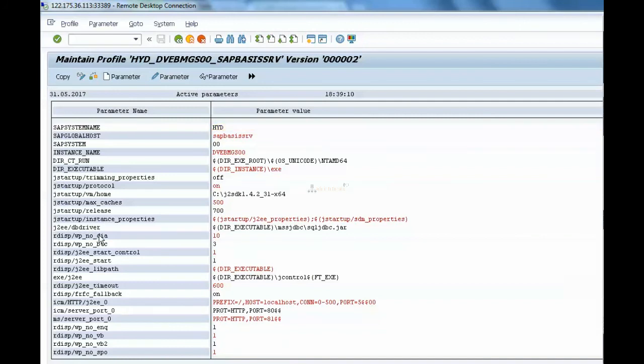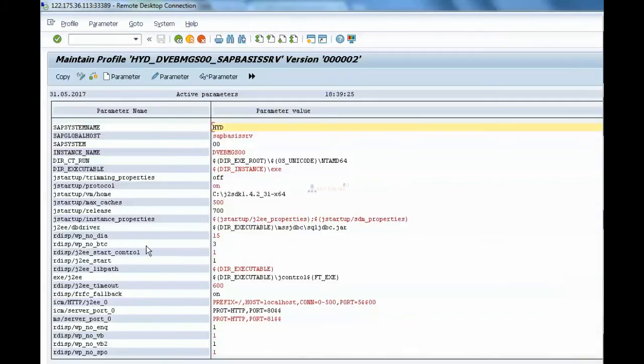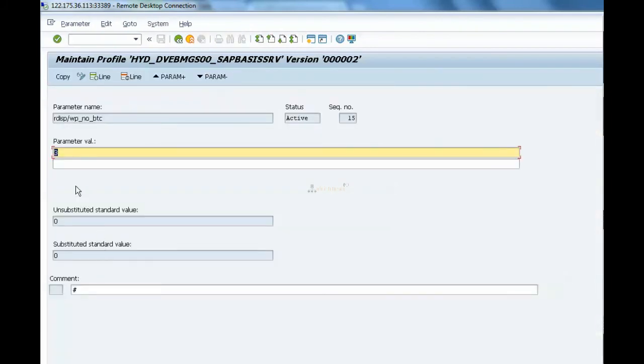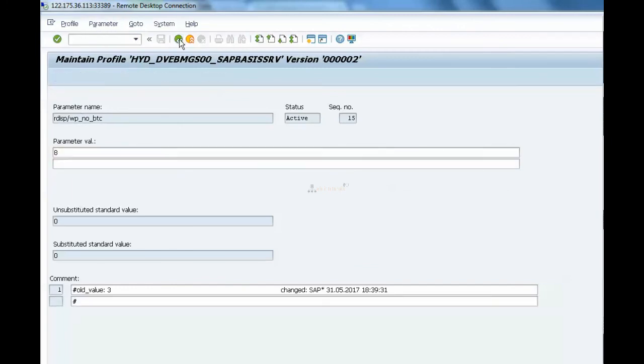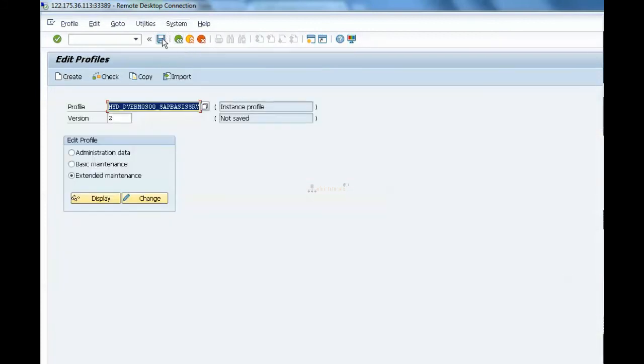Dialog is 15, copy, come back, and background is 8, copy, come back. Okay, 15 and 8, copy, come back, save.